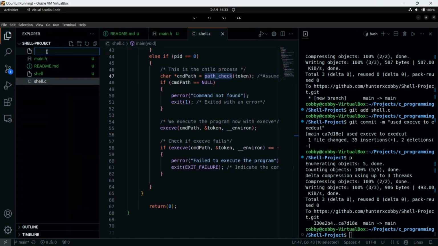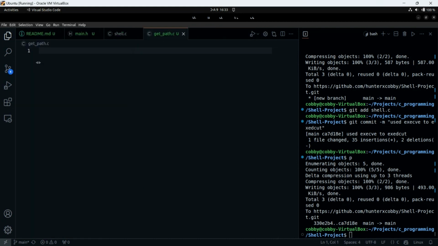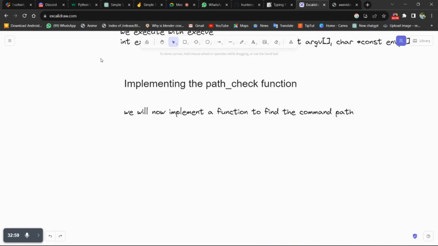Let's call it path, or I think how did I name that one? Check path here basically, or get path. Yeah, let me use the function get path. Okay, so get path.c. This is where we are going to define our function, right? So we want to come up with a function that will look through the directories and give us the path of the command the user entered. If it's ls, if it's make directory, you want to check if it's the same thing.